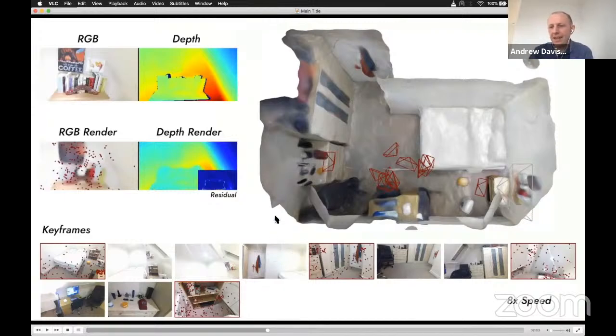So the point is that if we were only ever showing the network the latest frame and optimizing it against that, it has no reason to remember the old stuff, and we would get this forgetting problem. So what we do is keep this set of keyframes around, and then in the mapping thread of iMAP, we select old keyframes and always show it some information from the old keyframes, as well as the latest information from the new live frame.